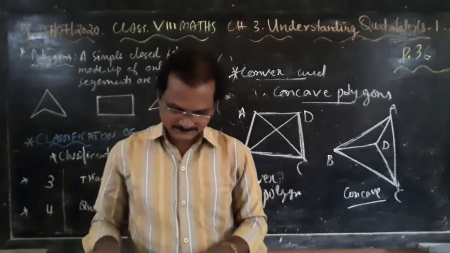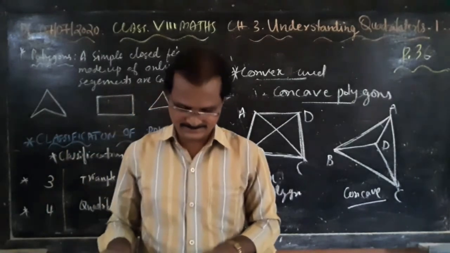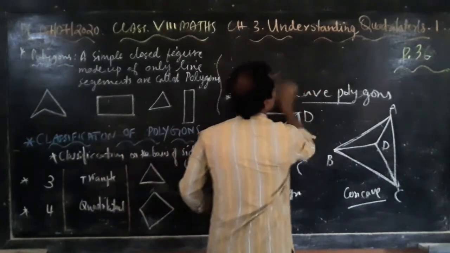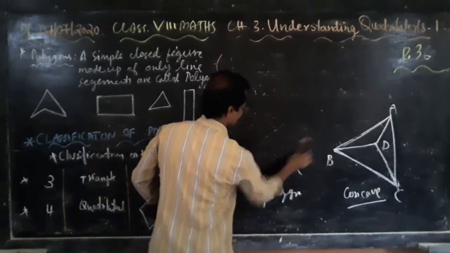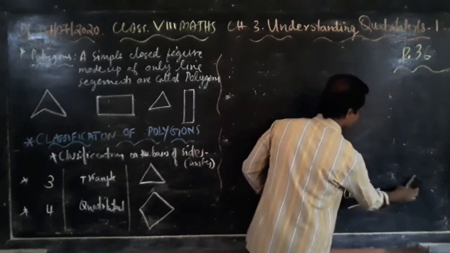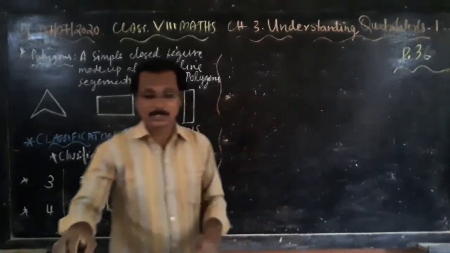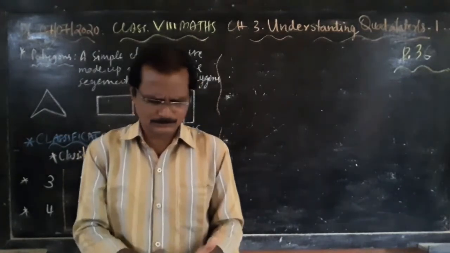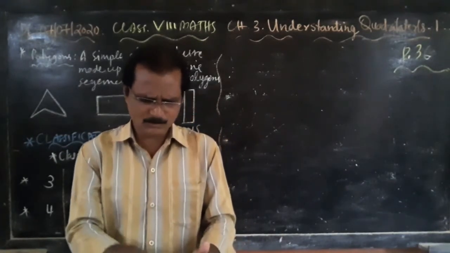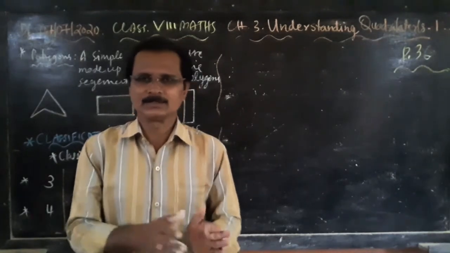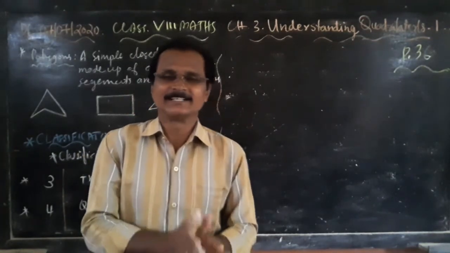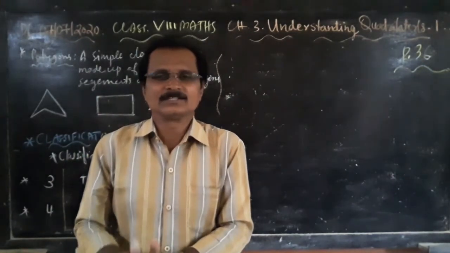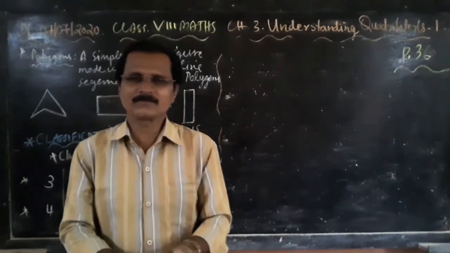Now again, page number 39, last topic: regular and irregular polygon. So dear students, please make notes. You can make your own. Write the heading convex polygon and concave polygon. Draw one or two figures. Then write: if diagonals intersect each other, then it is a convex polygon. If diagonals do not intersect, then it is a concave polygon. One figure is enough.